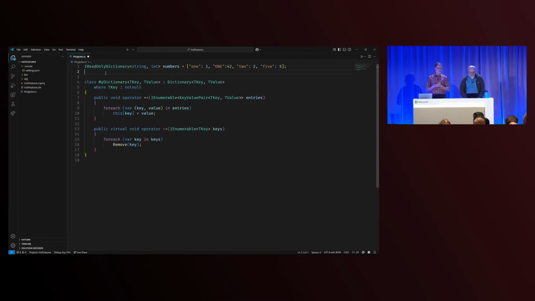And like collection expressions, there will be a builder sort of mechanism that we provided for collection expressions that other collections could use that didn't have that obvious way to construct themselves. Like we did that for the immutable collections. I can't wait until this is available for Frozen Dictionary, just because it's a pain to create one. But yeah. Cool. So that is dictionary expressions and the argument passing thing for collection expressions. It probably has a name. I'm forgetting it right now. Yeah. And that is the wildest we're going to get today.